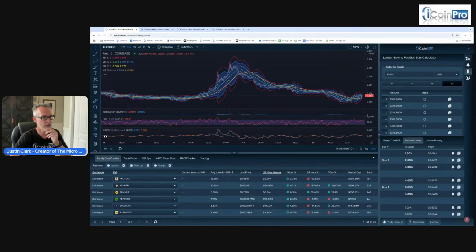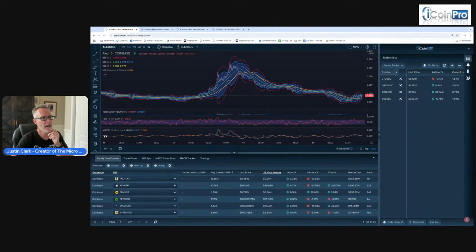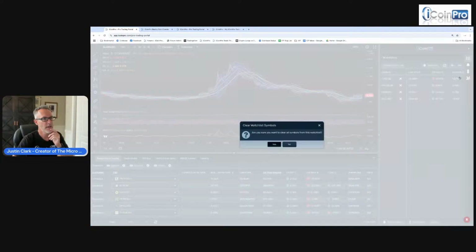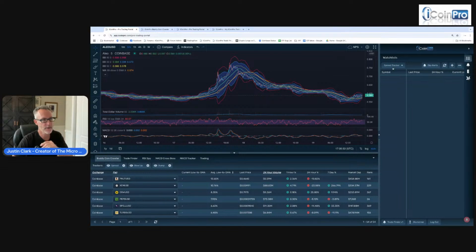What's so cool is our trackers will look through all of the coins that are out there, and you want to clear them generally once per day: the spread tracker, blow up tracker, and dump tracker. And it'll rebuild these lists for you. Then it pushes a notification to your phone to let you know, hey, we found some stuff, which is so cool. We don't have to worry about what coin's good or hot or not, or if we're in front of our computer at the right time. Our software, you hear that beep, does all this automatically for us.